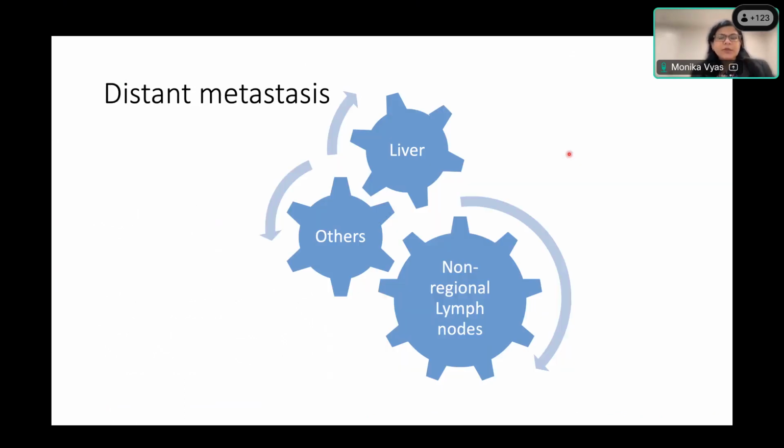And then distant metastasis, usually we don't have a way to comment on that. So we say not applicable unless you have a small piece of liver or a liver biopsy that's been done in the same sitting, and you can demonstrate that there is metastasis. Or if during surgery, the surgeon comes across non-regional lymph nodes which were enlarged and submits those to you, then you could definitely call it metastasis. But otherwise, in most of our specimens, it's hard to comment on distant metastasis.